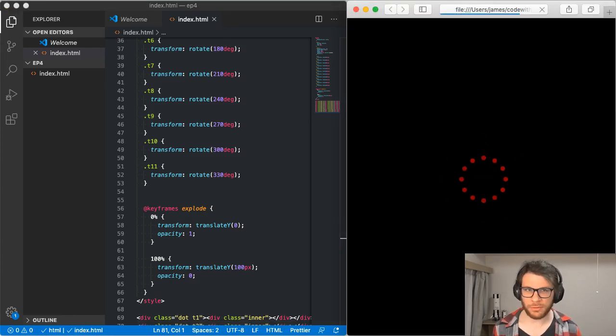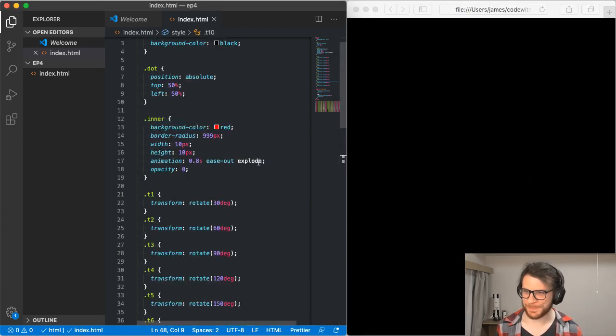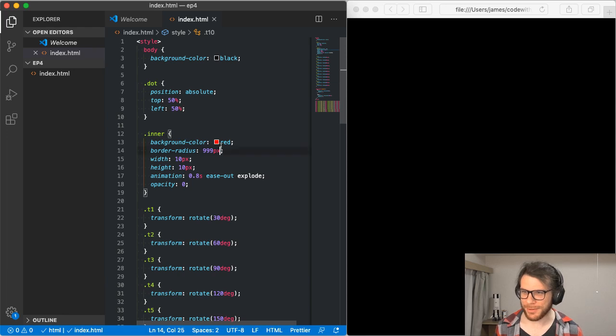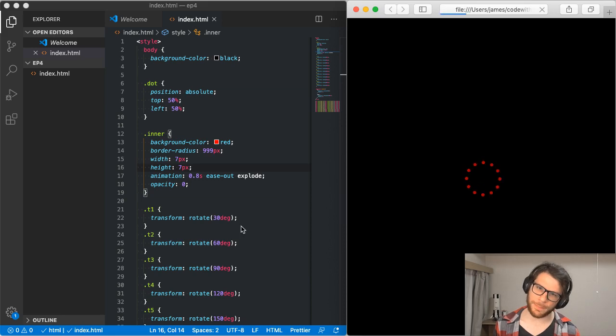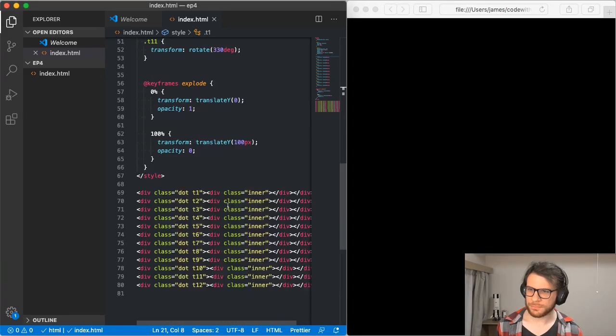Anyway, back to just making these fireworks a little bit nicer. Like, what else can I do? So actually, that's looking surprisingly good for me. I didn't think it would look that good on my first attempt. I'm just going to change the size of these dots, make them a little bit smaller. What else could I do? I could,